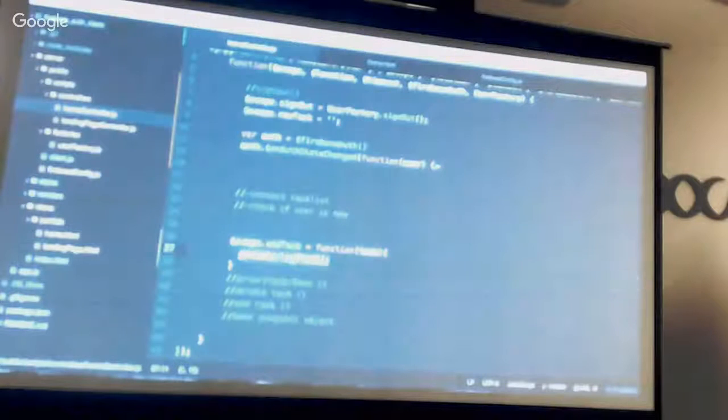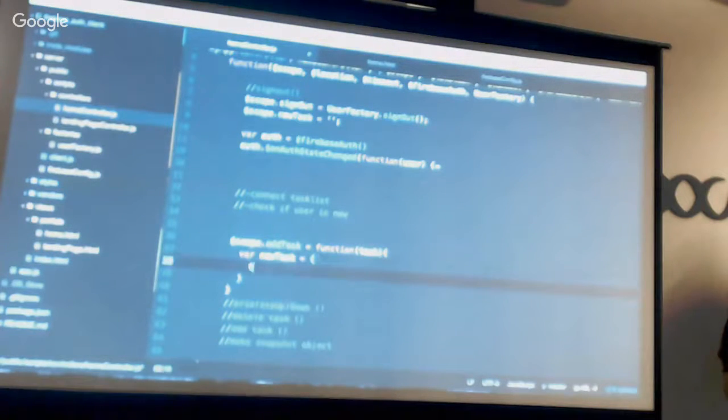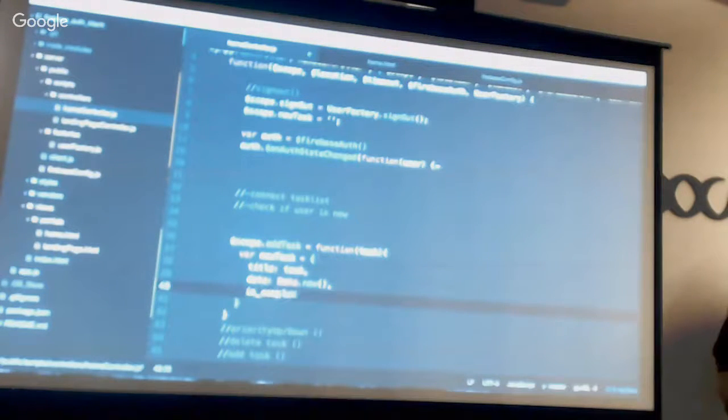Alright. So it'd be kind of boring if we just did the task. And also a task has a state of is complete, is not complete. We could even give it a priority. And I like to push objects to my Firebase database rather than just strings. So you can always implement further if you want. So we'll save our new task equal to tasks, or title task. That's the string that we're pulling in. And let's say date. Let's say Date.now. Just saying all those numbers. And is complete